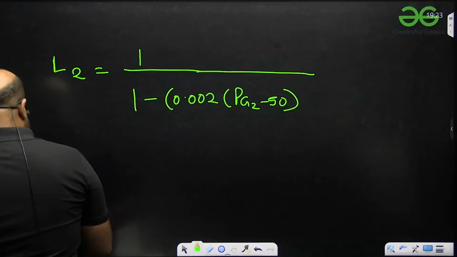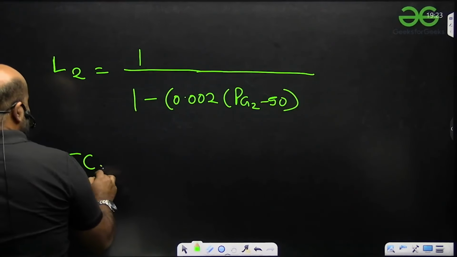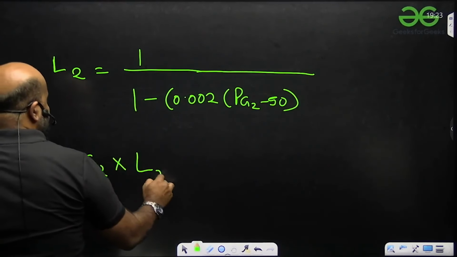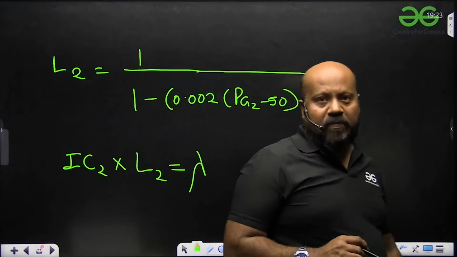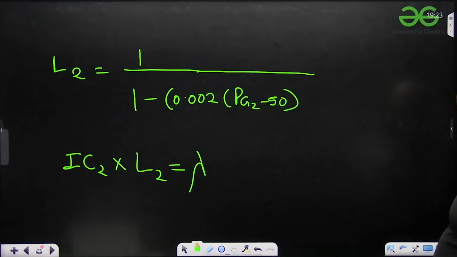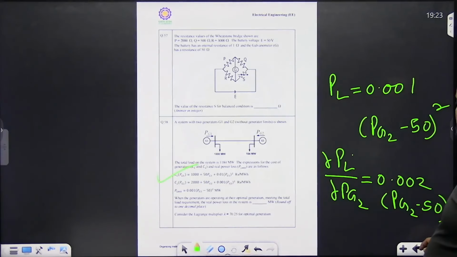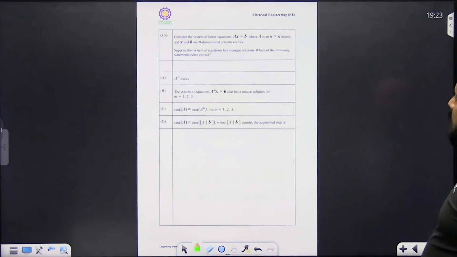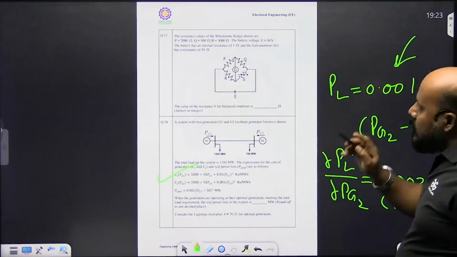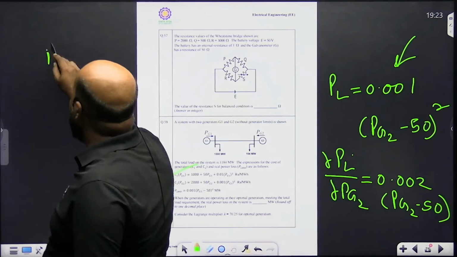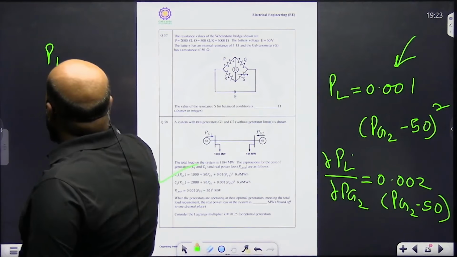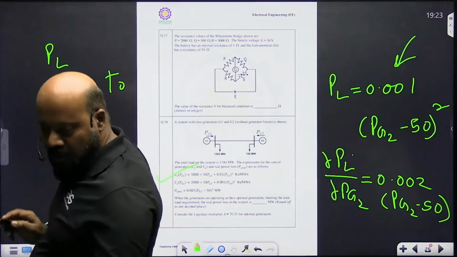ये हो गया आपका पेनल्टी फैक्टर। तो आपको क्या करना है, इंक्रीमेंटल कॉस्ट फॉर द सेकंड जनरेटर मल्टीप्लाइड बाय पेनल्टी फैक्टर इज इक्वल टू λ, λ की वैल्यू दे रखी है, सिर्फ और सिर्फ एक अननोन है दैट इज PG2, और जैसे ही आपने PG2 निकाला, वो PG2 आपको उठाकर रखना है इस इक्वेशन में, और आपको लॉस मिल जाएगा। जो मेरे पास आंसर आ रहा है दैट इज 19.75 टू